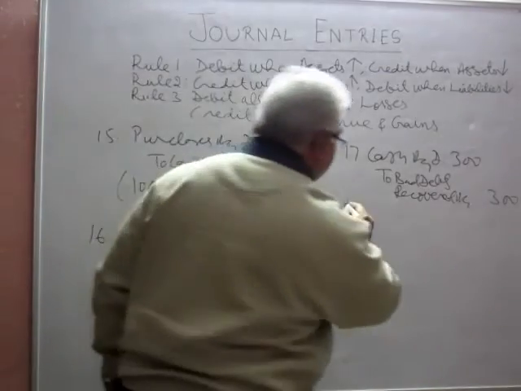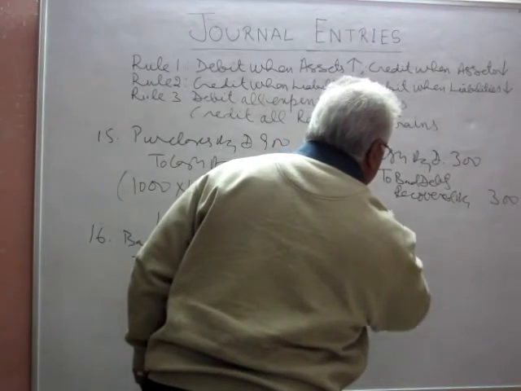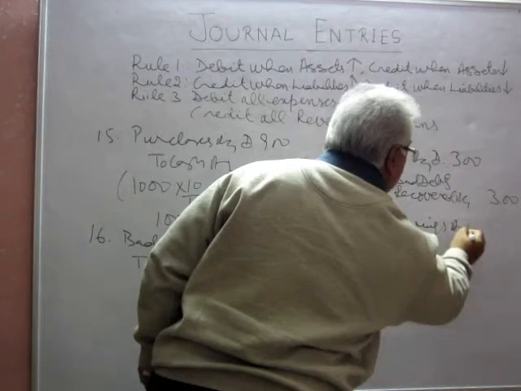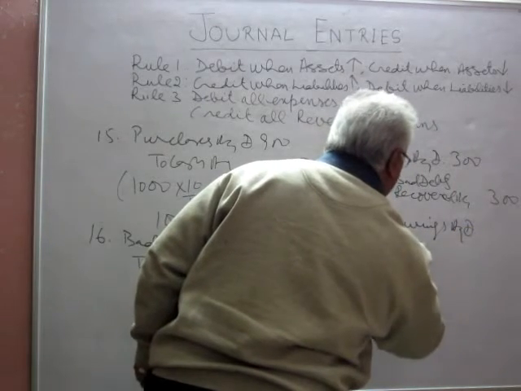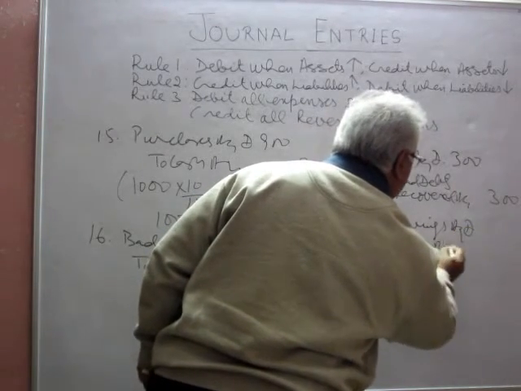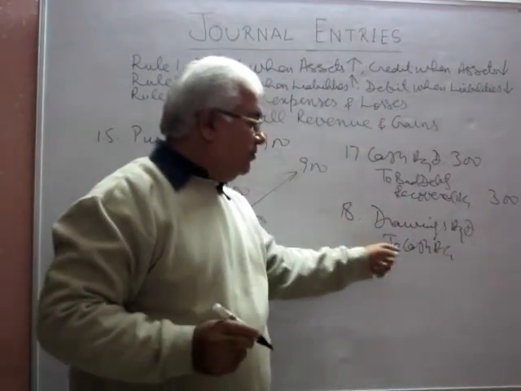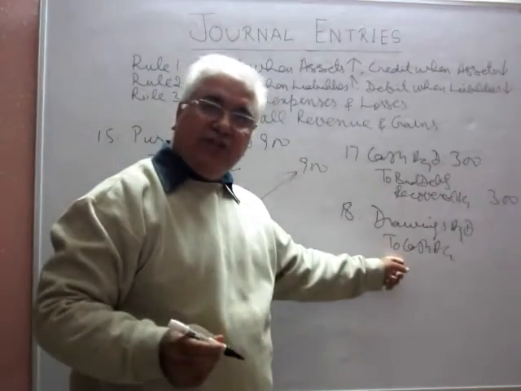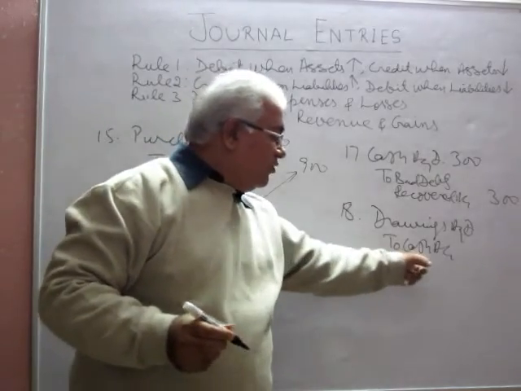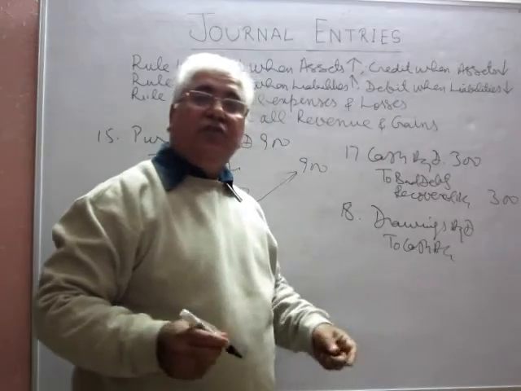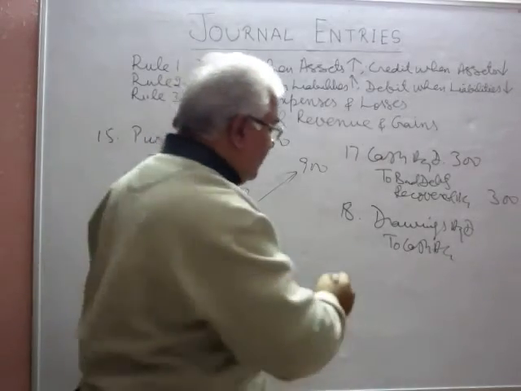So the entry will be drawings account debited to cash account. If he had withdrawn through bank, say through check, bank account would have been credited. But if he withdraws goods, then our entry will be